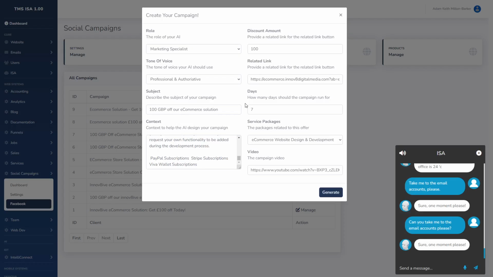I'm the founder of Innovate Digital Media, and today I'm going to show you our new generative AI social media campaign manager that we've developed. Basically, what the system does is you give it some information as input, and based on that information, it will generate a 7-day social media campaign. It will create 7 individual social media posts and it will also set up a unique landing page for that